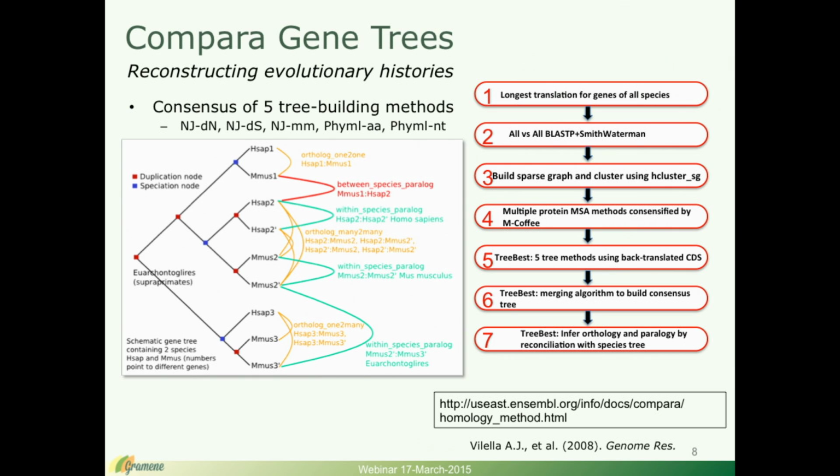Essentially, all of the protein sequences from all of the species annotations are clustered to generate homologous families. And then there are 5 different tree building methods, which are listed here. And then a program called TreeBeST is used to build a consensus of these 5 trees. And once that consensus is built, various analyses are performed in order to infer orthologs and paralogs. And we output visual displays of gene trees